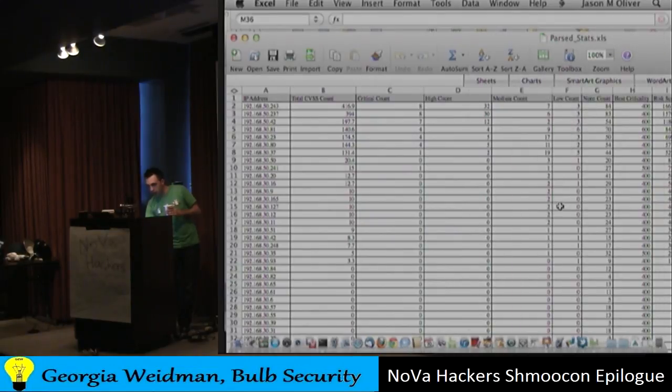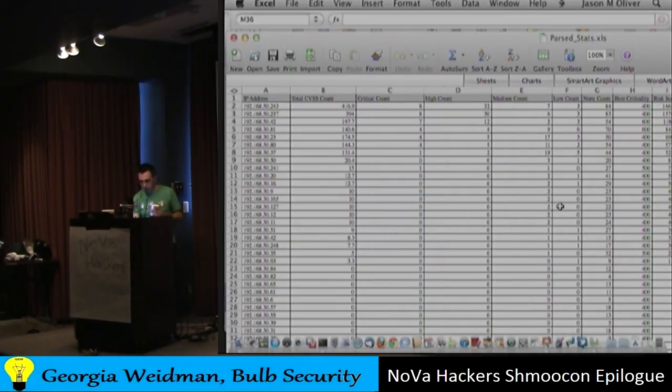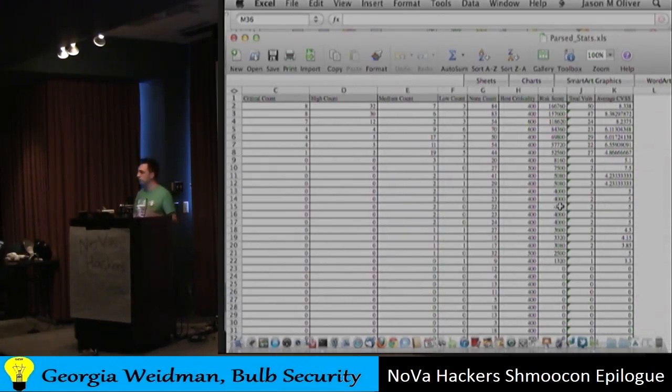It ends up looking something like this, and unfortunately I can't show it at high resolution, but basically you're going to get all your IP addresses, you're going to get some counts of CVSS for each of the boxes. It's going to total the CVSS score for all of those vulnerabilities. So I needed a numerical thing to base things off of, so CVSS provided that. So I can get an arbitrary total count, which is just a number, but obviously more is going to be higher. And then you got a host criticality that it uses as a multiplier,